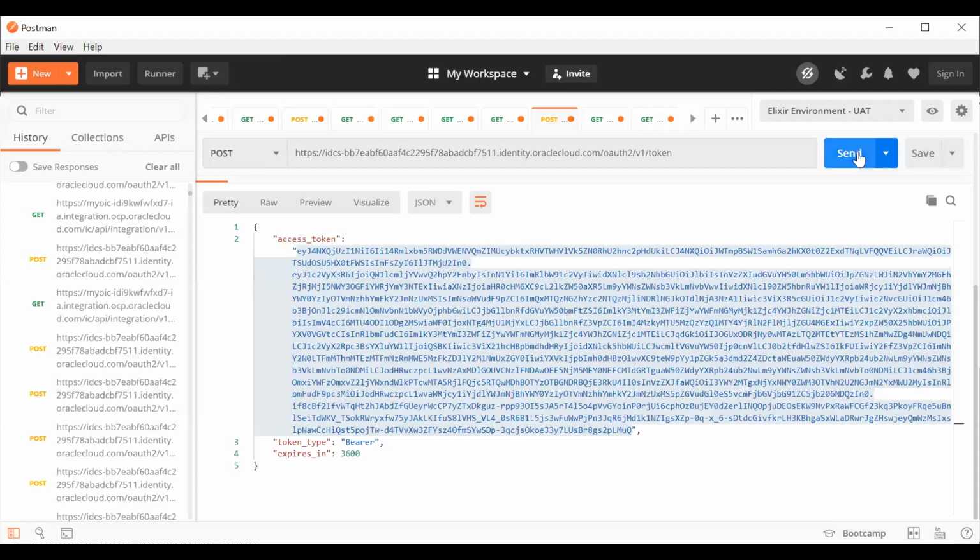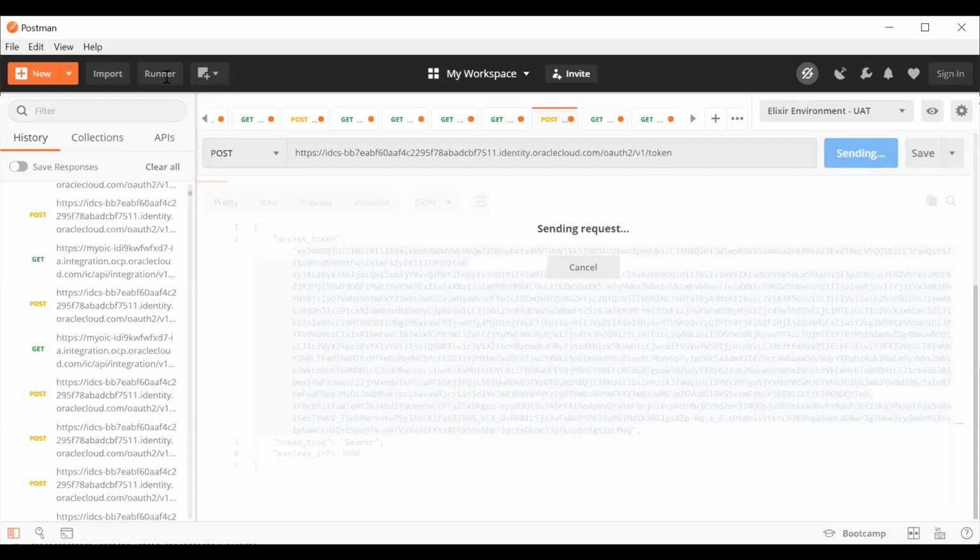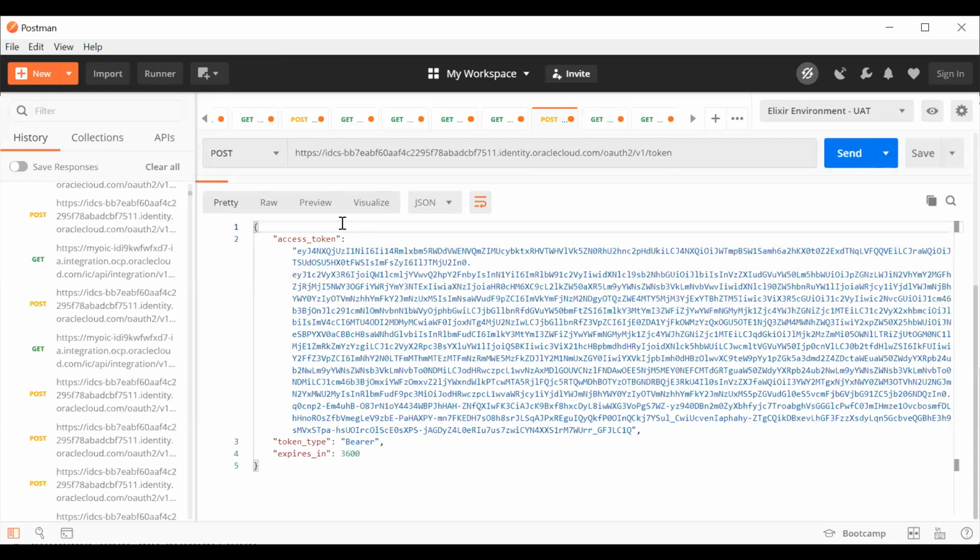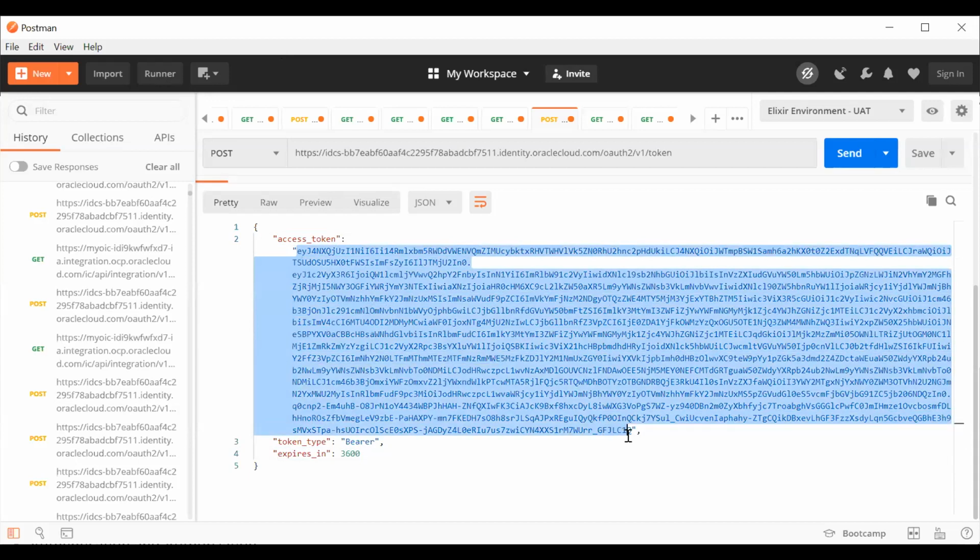Here you see an access token has been generated. There are three fields in the response: access token, token type, and expires in. Now you can take this access token and use it to access your REST endpoint.